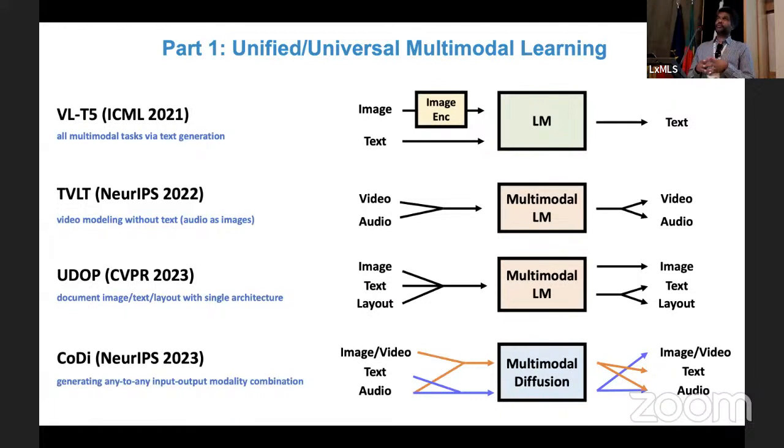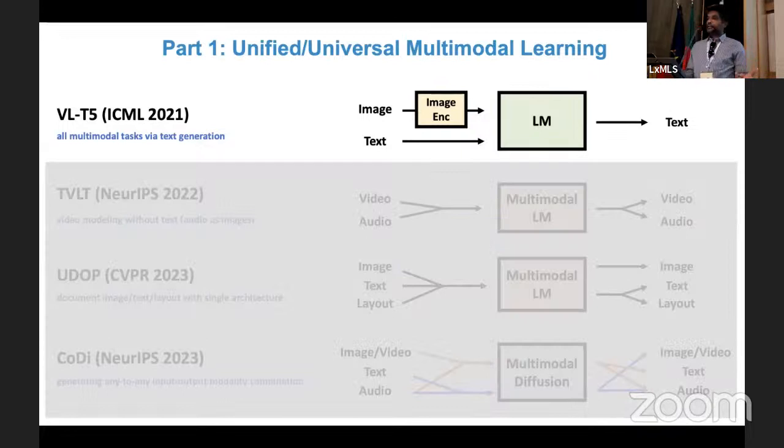I'll take you through a brief journey on progressively more unification for multimodal learning. And in each of the next parts, I will complain about the previous part and motivate how we need more unification to reach the final step. So the first example in this unification story is VLT5. This was the first unified model, back 4 years ago, published at ICML 2021, where the idea was